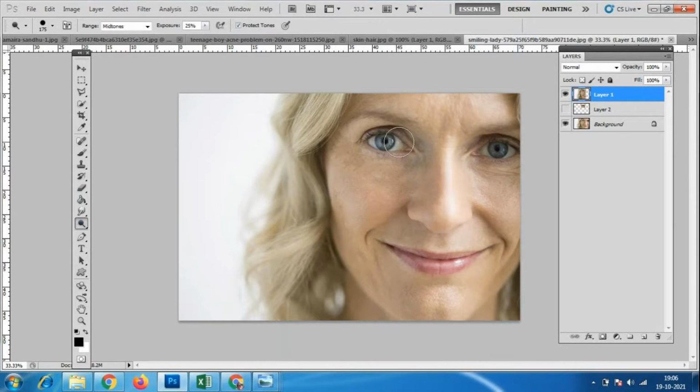So wherever necessary, we want to make these eyes brighter. So give only 20% and make it. And just increase the brush size.